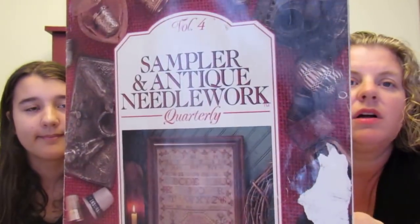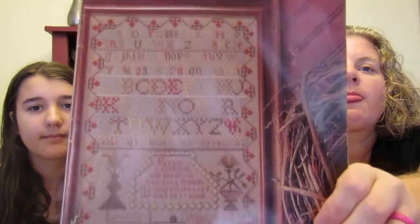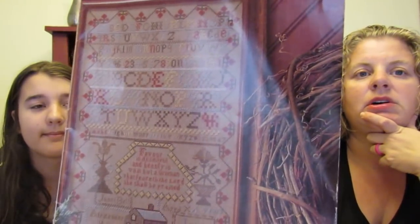The first is from volume 4 of Sampler and Antique Needlework. It's actually the cover sampler. It is called the Janet Thompson Sampler. And I like the sampler, I just don't love the colors as charted. So I may do a conversion and stitch that one up. Or